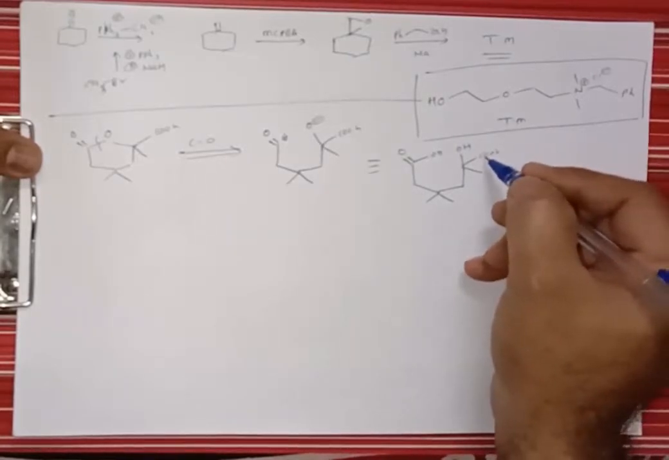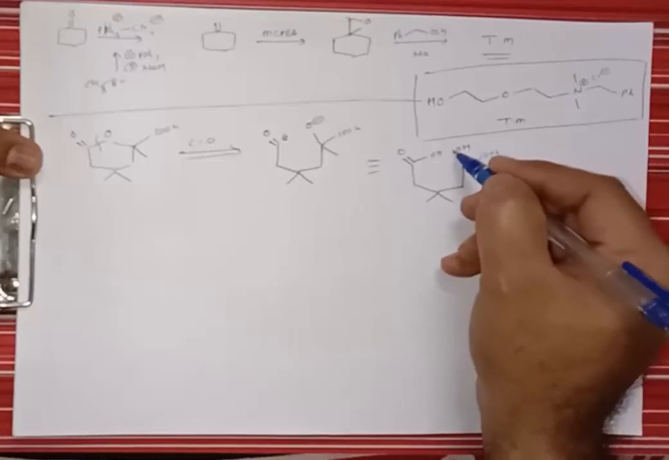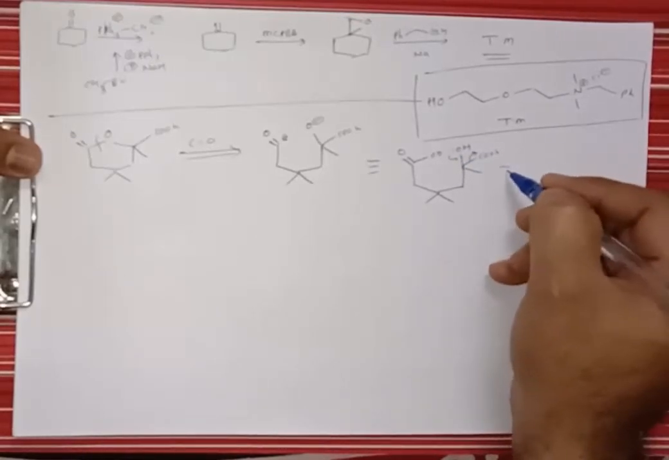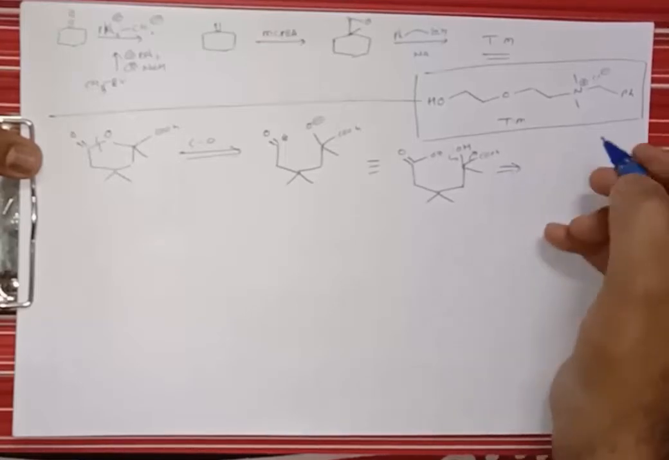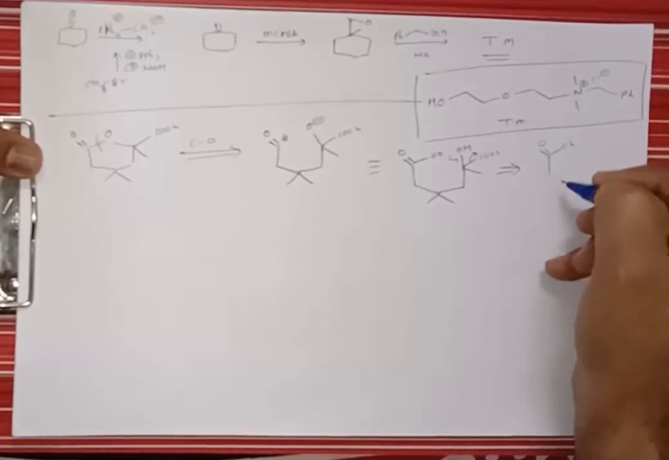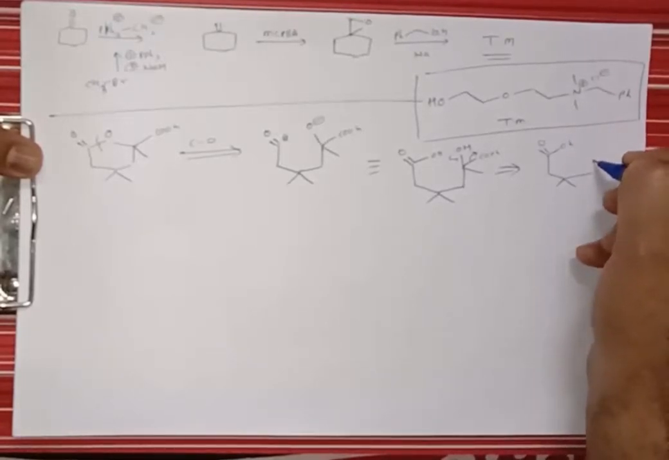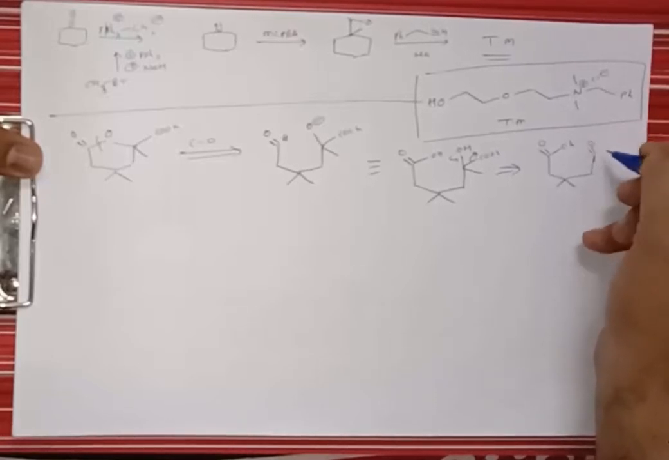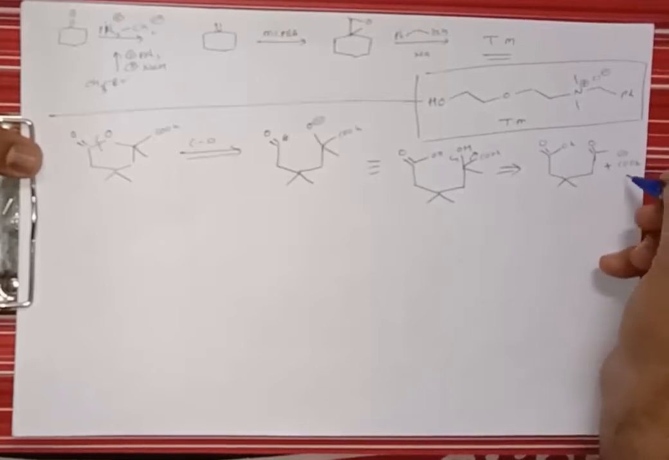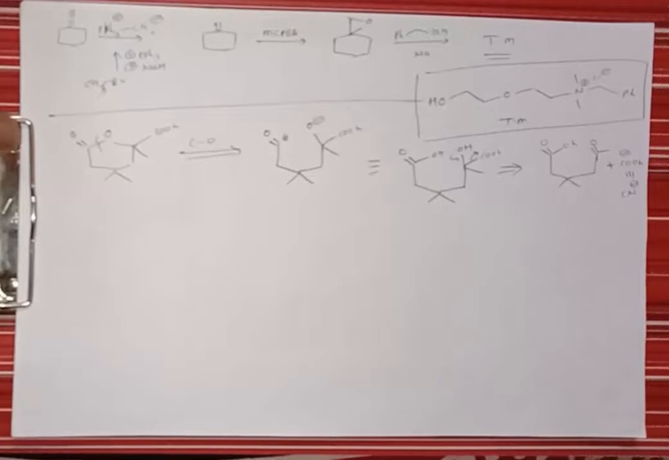Now this is an alpha hydroxycarbonyl compound, and you can break this alpha hydroxycarbonyl compound by illogical disconnection, and what does it give? It gives formation of an acid functionality, CH2, CH3, CH2, then formation of a ketone, CH3 plus COOH minus,